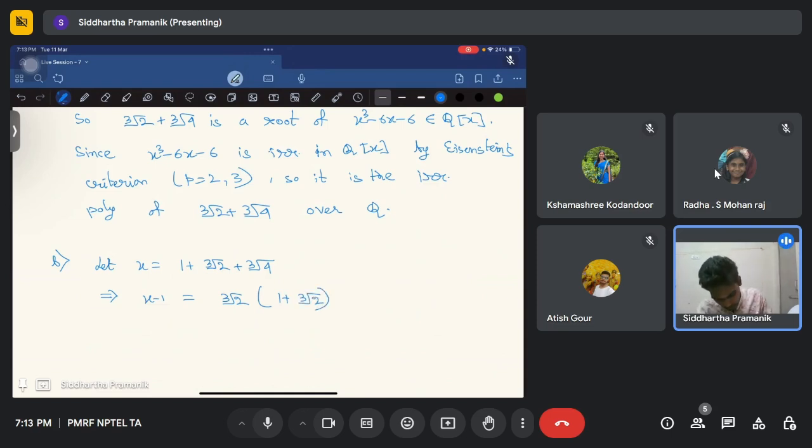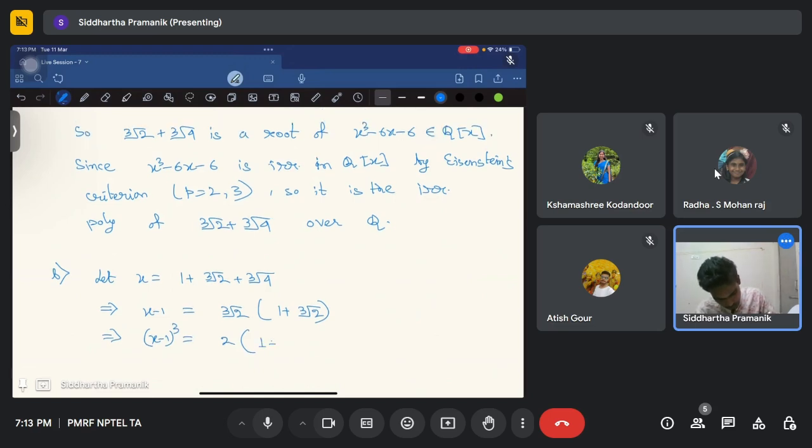Now let's take powers both sides. So (x minus 1) cube will be 2 times, again the same thing, 1 plus 2 plus 3 times cube root of 2 plus 3 times cube root of 4,